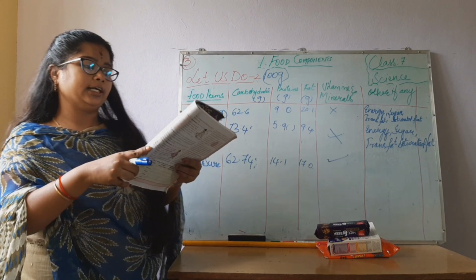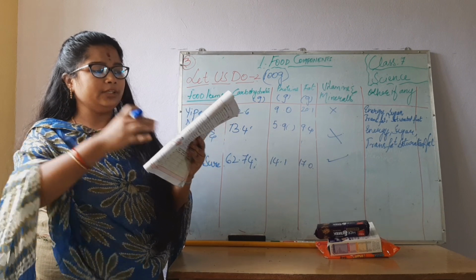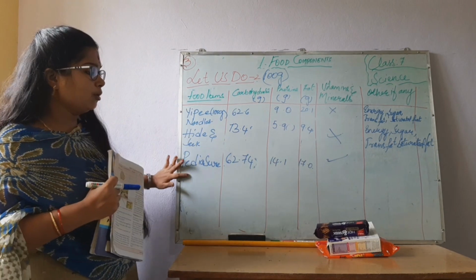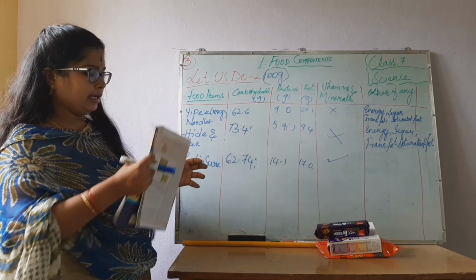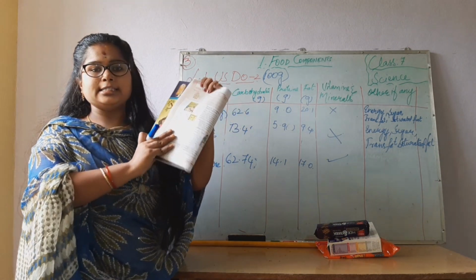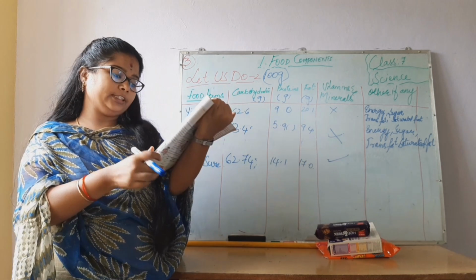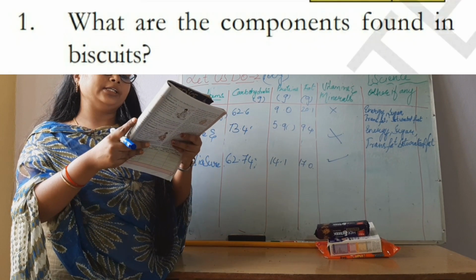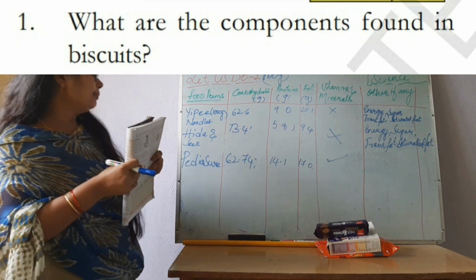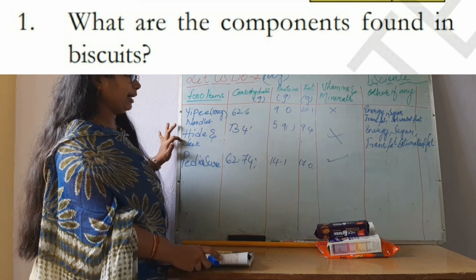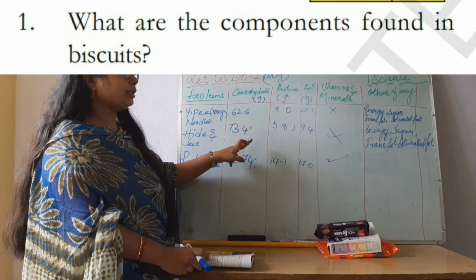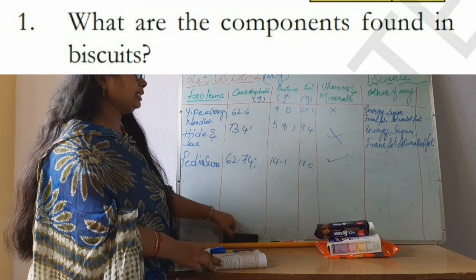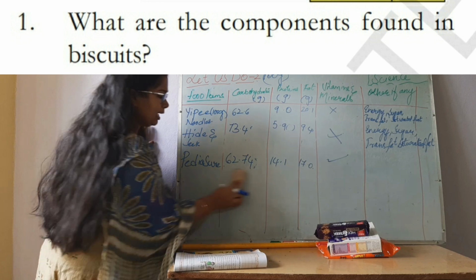the questions here down. Here are some questions given. The same thing, remaining two you are supposed to write. Okay, and you are going to answer these questions. See, what is the first question? What are the components found in biscuit packet? Hide and seek is our biscuit packet. What are the components you are going to find? Carbohydrates, proteins and fats. Our first answer is carbohydrates, proteins and fats.